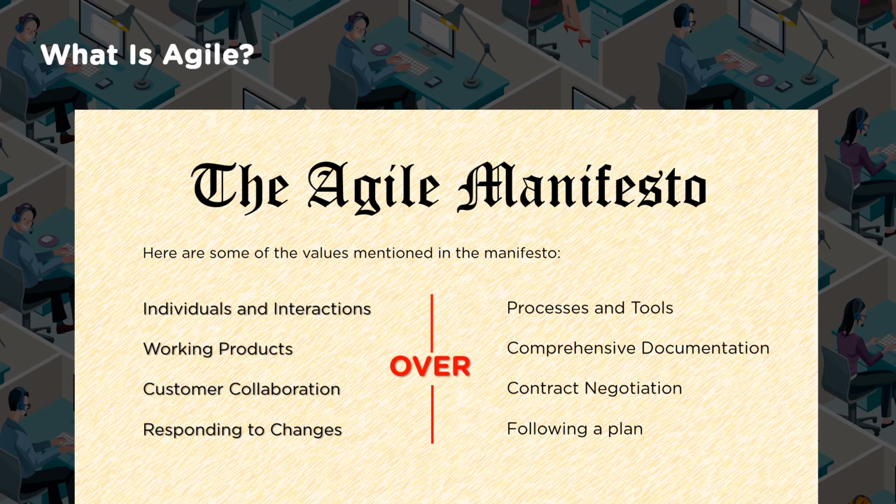Responding to change or following a plan. Now I cannot have a rigid plan, as we were speaking about the waterfall methodology. Based on the scenarios, changes may require us to change directions and move faster. So responding to change requires a specific flexibility in the plan, so that I don't have a plan which is very rigid, and that provides some flexibility. That's how I am able to create my plan, so that I can move or respond to those specific scenarios which are changing.